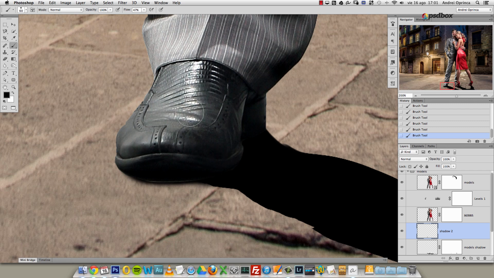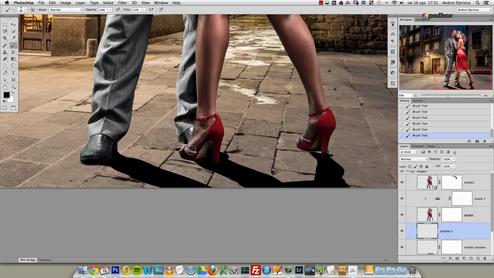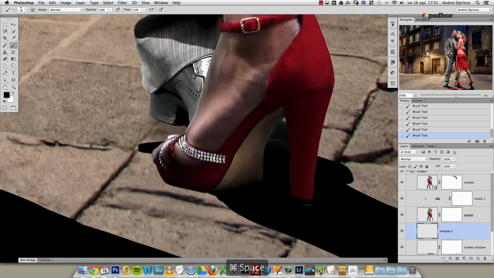If you're struggling making these shadows, don't worry too much. You need some practice in order to start making good shadows, so don't waste too much time. Make some basic shadows and that's it. I'm doing it really quick here, so I'm not doing a really good job, but as I said, the purpose of the tutorial was not to show you how to make these shadows and stuff like that. I just wanted to show that hair thing and some color effects that we will add later, and some light effects maybe. I'll undo that and try again,